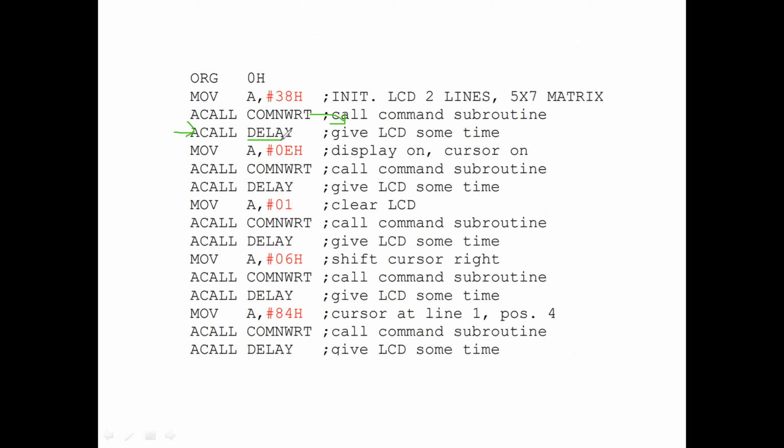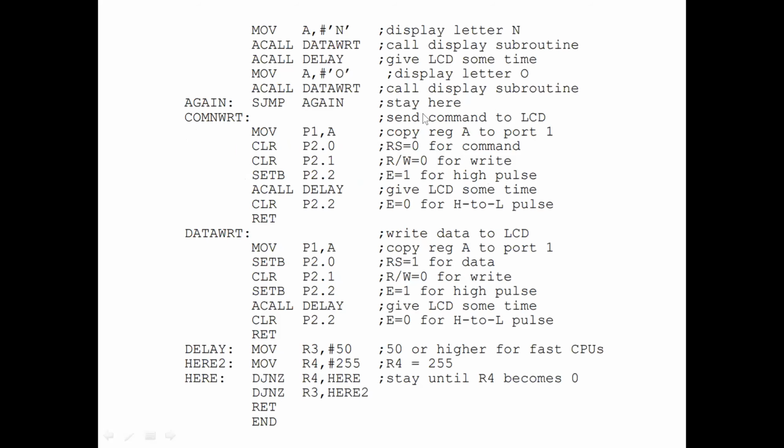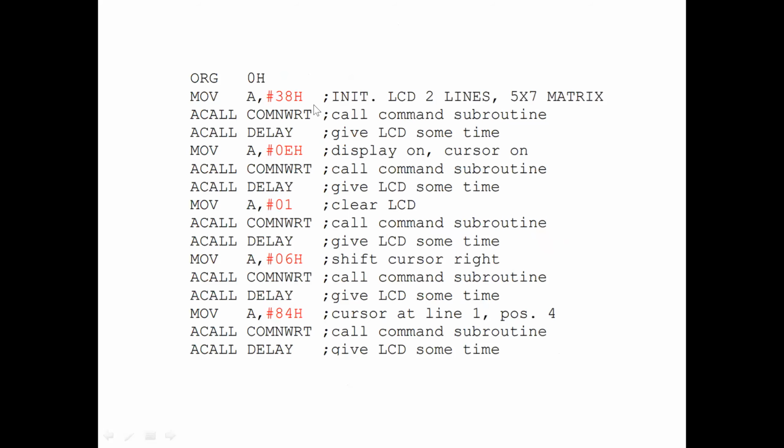Now delay. Delay is another simple label having a set of instructions for obtaining a small delay, so that you can send another command.